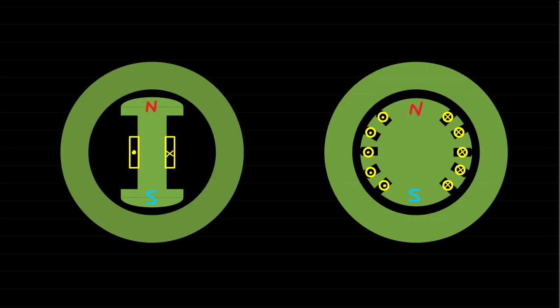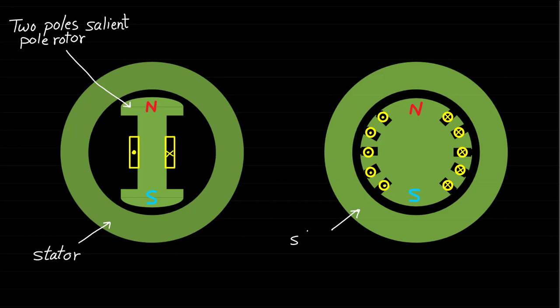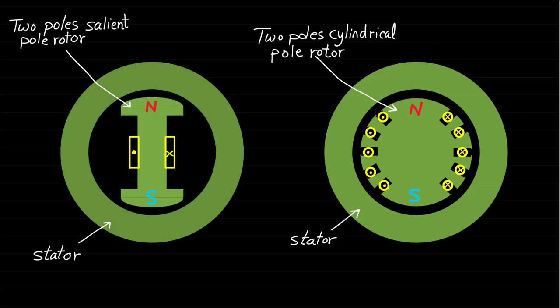Assume we have the following 2 cross-section synchronous machines. The first machine consists of stator and 2 poles salient pole rotor. The second machine consists of stator and 2 poles cylindrical pole rotor. As we can see, the major difference between these 2 machines is the rotor type. Therefore, let's focus on the rotor of these 2 machines, and we will cover the discussion of the stator in